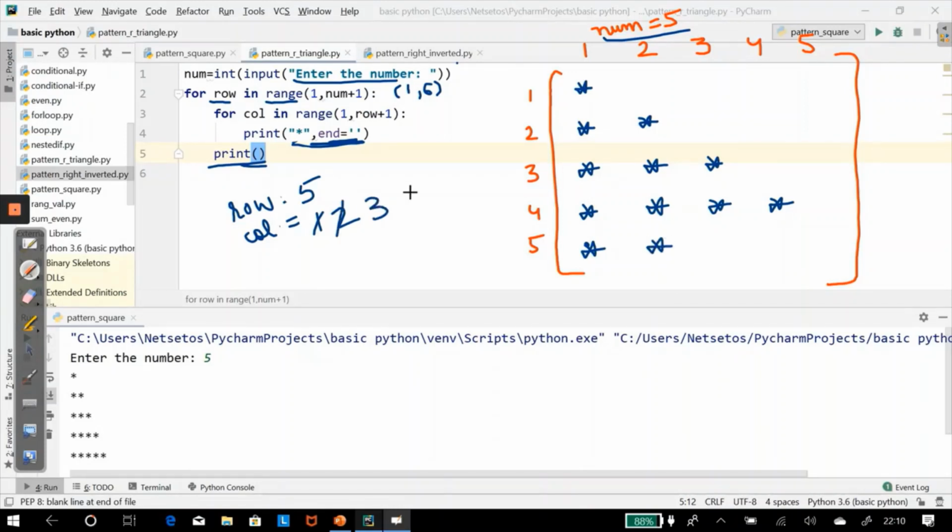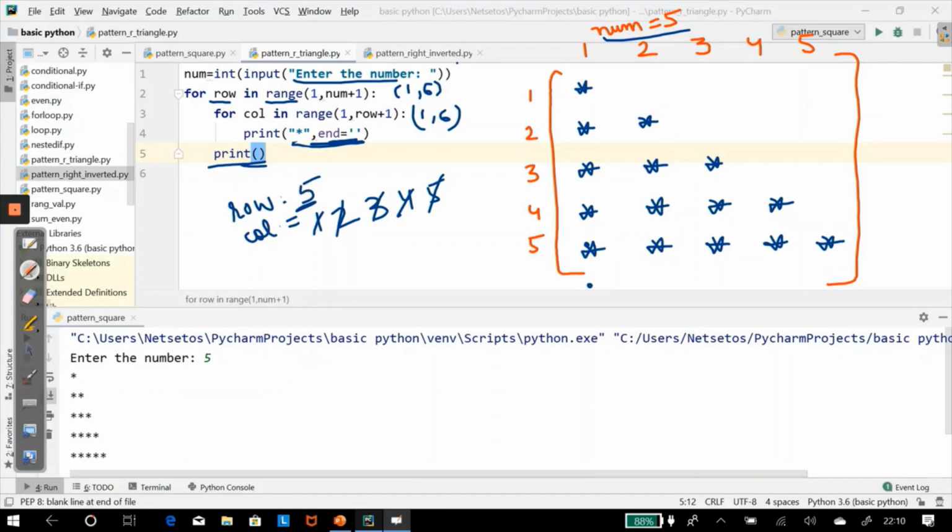Then column 3, print a star in the same line. Then 4, print a star in the same line. 5, print a star in the same line. But 6, as the row is 5, this won't be allowed. So it will come out of the loop and the cursor will come here.